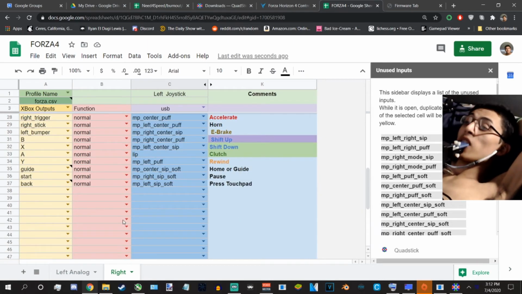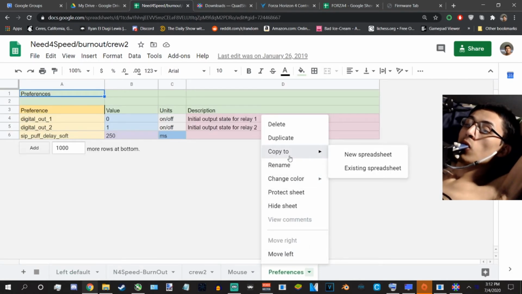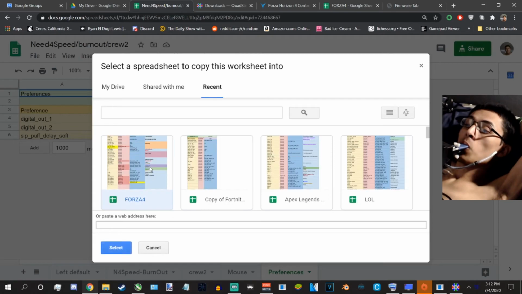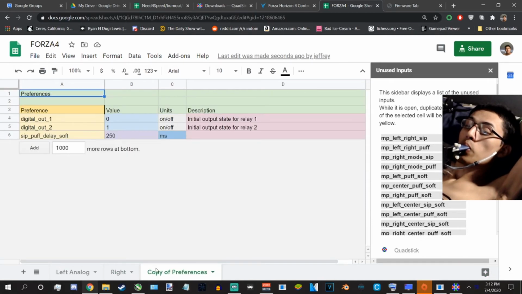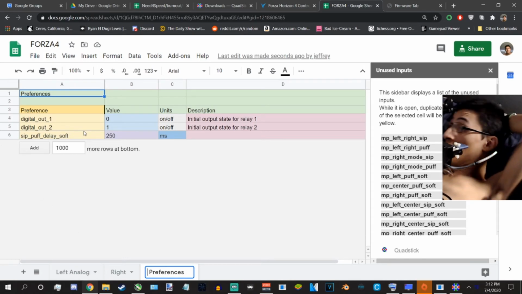The only thing I need to add in here is a preferences page, which I will steal from my Need for Speed. Copy to, existing, recents, Forza. I do this to all my profiles. I like to have control. Boom. And the soft sip delays are going to be 250. Anyway,